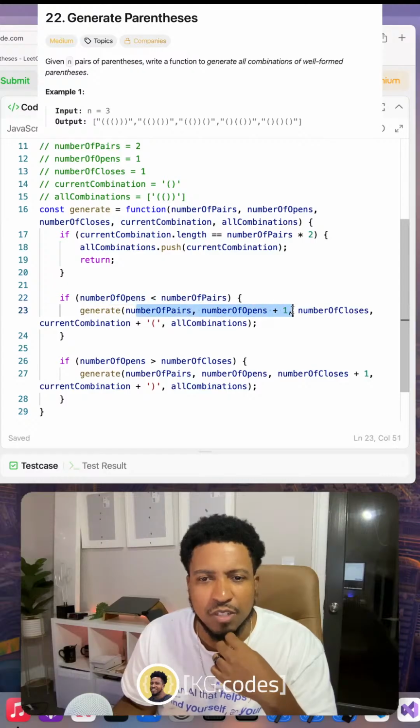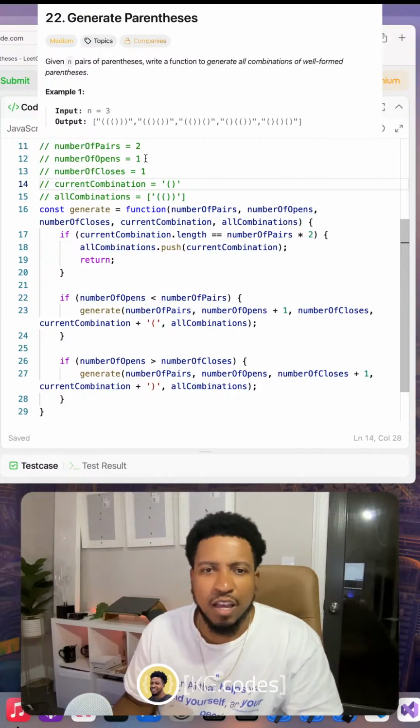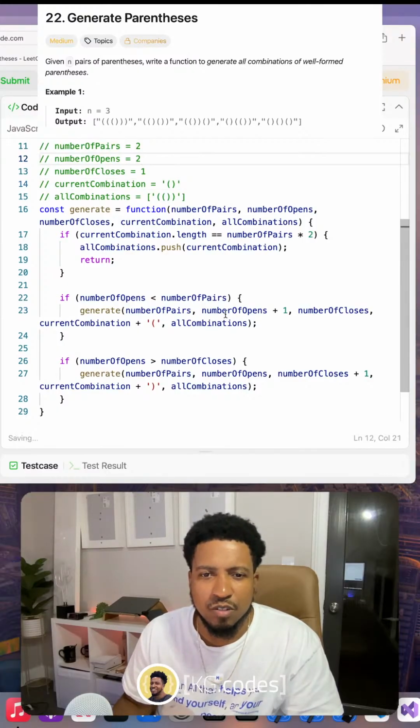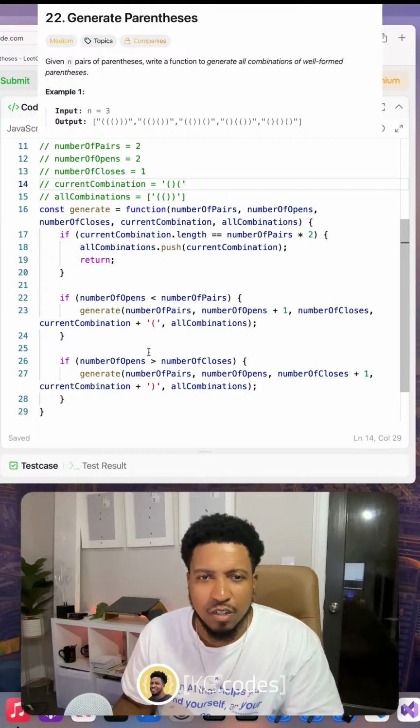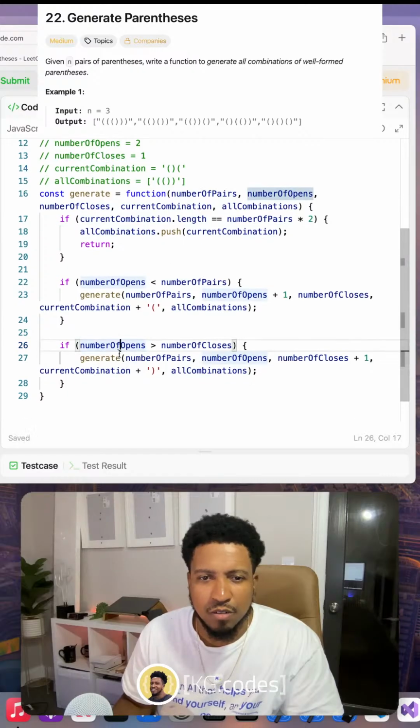So I would go through this again here and make this 2, and then add this one, and is number of opens less than number of closes? No. So I think I would just backtrack here,